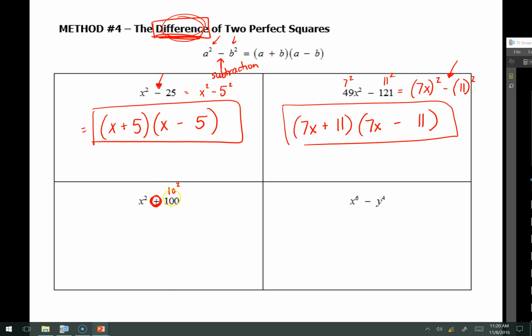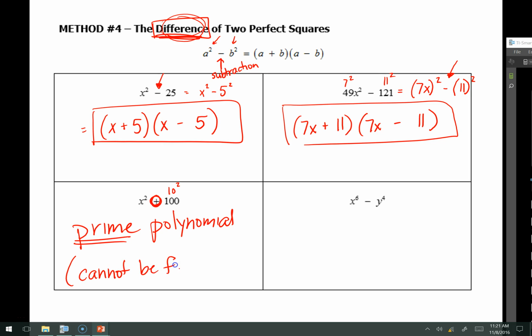These also have the special attribute of being what's called a prime polynomial. These polynomials cannot be factored. No matter what you try, any method, it's not going to work for this one. So you can write prime polynomial. Prime meaning that there are no factors. And this will be true anytime you have a sum of perfect squares. You cannot factor that